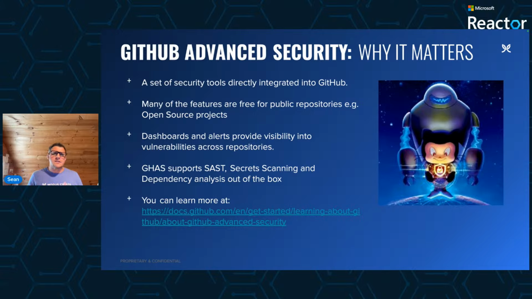So let's take a look at the key features from a high level, starting with CodeQL. CodeQL performs static analysis on source code to detect vulnerabilities and supports a wide range of languages from C++ to Ruby, Python, and JavaScript. At its core, CodeQL is a powerful query-based engine that treats code as data and surfaces those vulnerabilities early, giving developers the chance to fix issues before the code is deployed, which is super important, right?